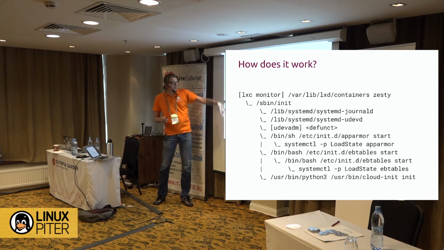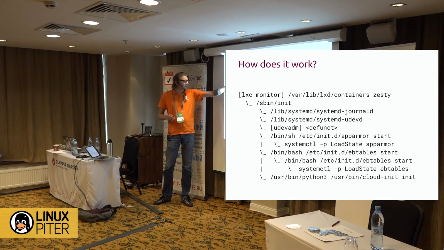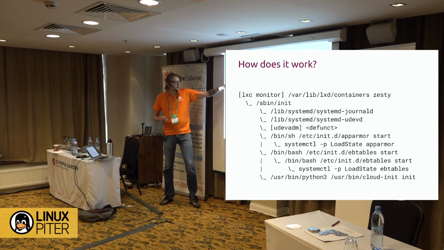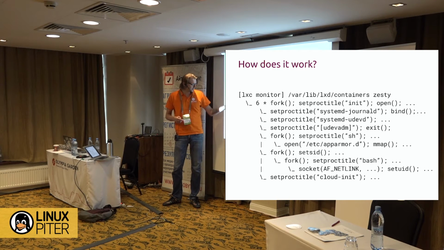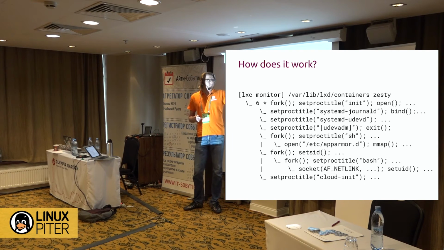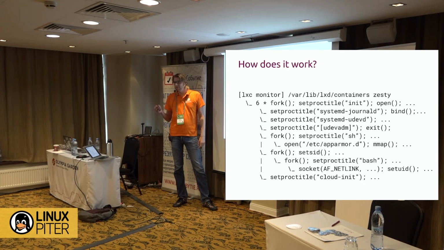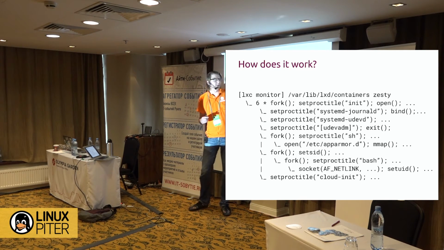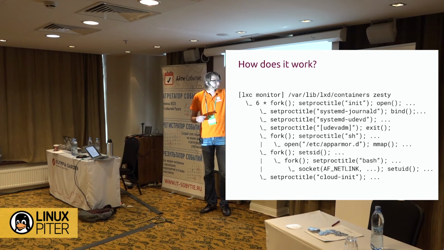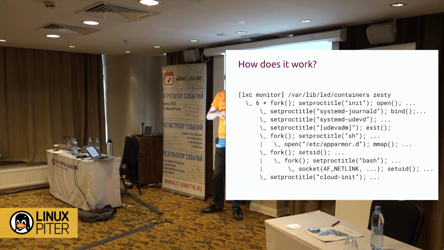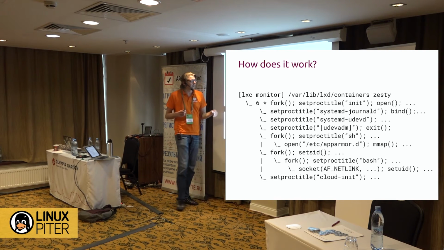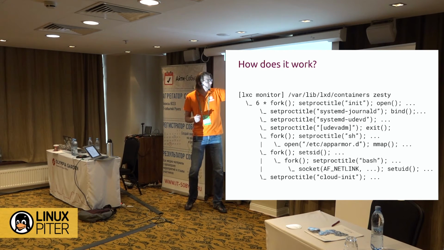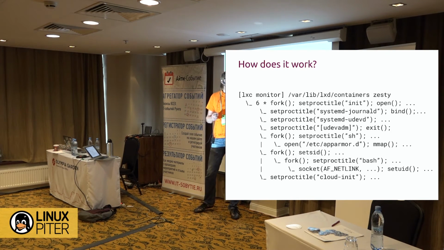Well, if you think about what needs to happen, the init system forked 6 times because it has 6 children. And then even though the init system didn't do this, your host sees the process title as init, so we need to preserve that state. So you need to do the set proc title, and then also it may have opened some other file descriptors or done other things. These other 2 services also need to preserve their process titles, but then like systemd journald,